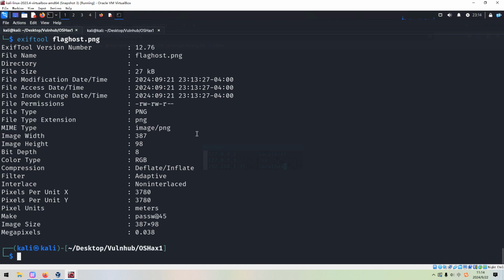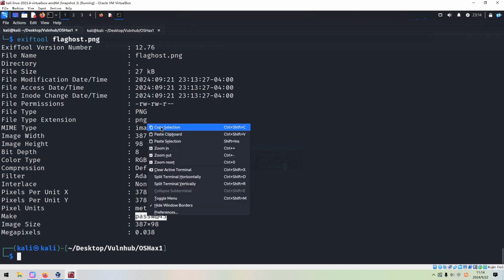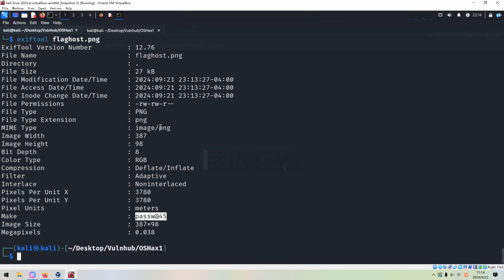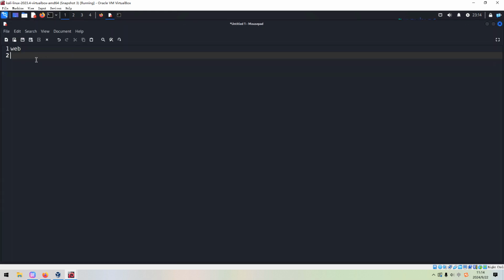Okay. As you can see, almost at the bottom, we found this. It looks like a password, and just now we have already found the username web. Although this user is used by WordPress, maybe the username is reused, right?